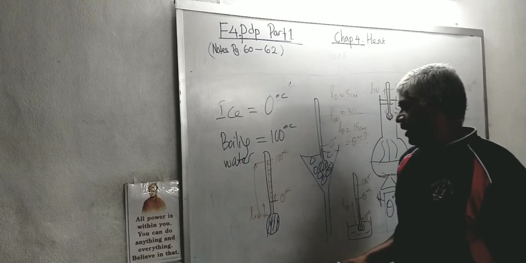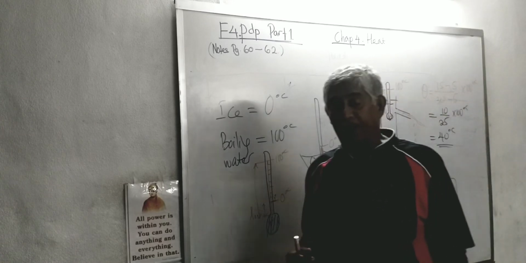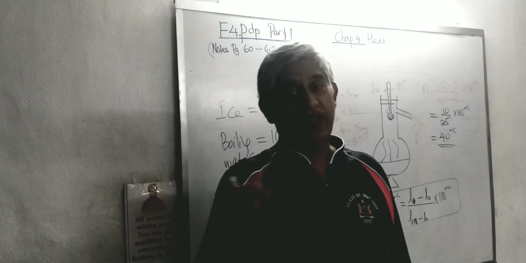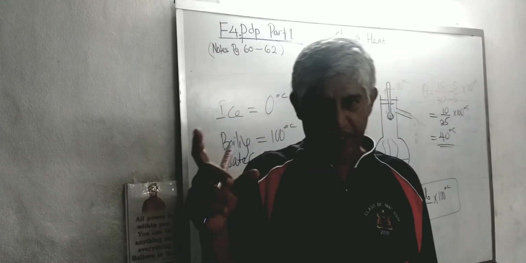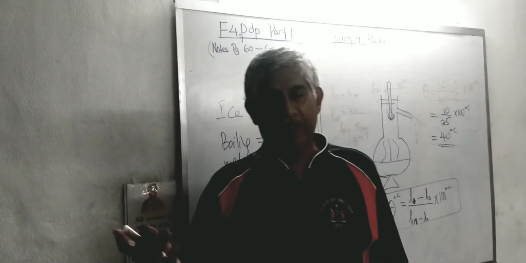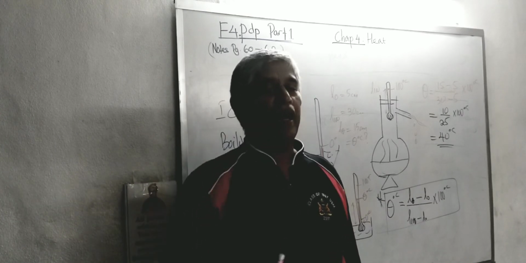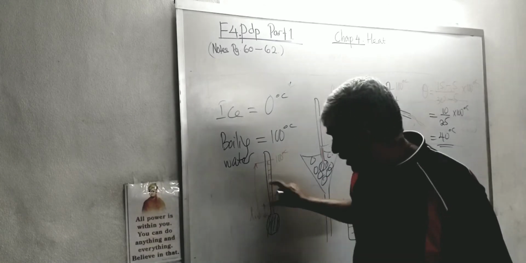And then how to increase the sensitivity, for example, if you want to make a clinical thermometer. A clinical thermometer usually has a range from 32 to 40, 45 at the most, because after 45 a human being cannot live. So we can make it read up to 1 decimal place. If you want to increase the sensitivity, you want to make the mercury column longer.